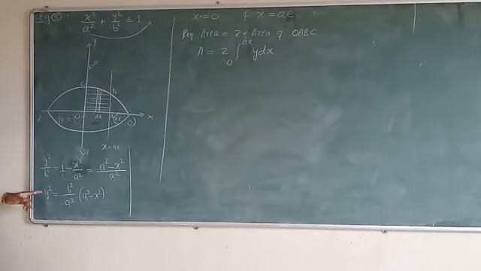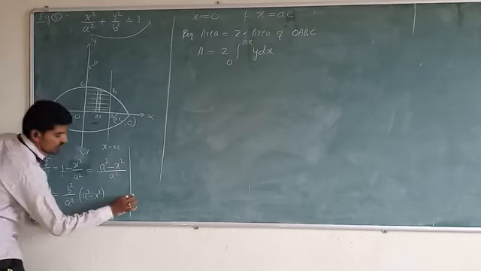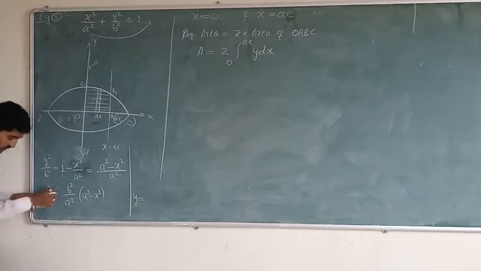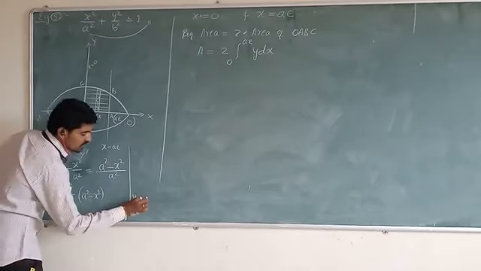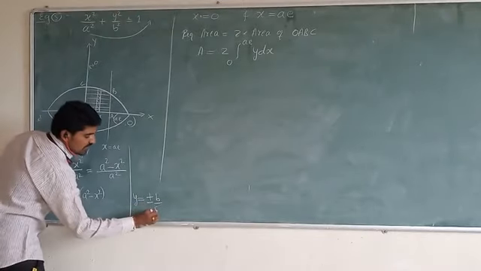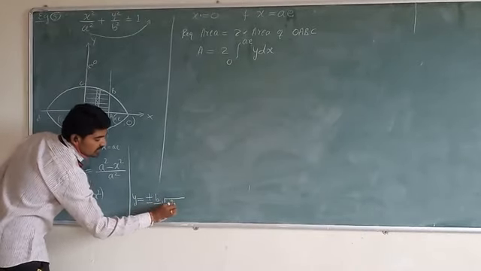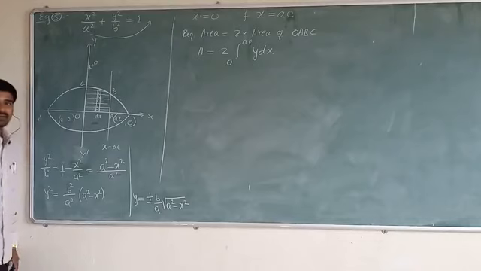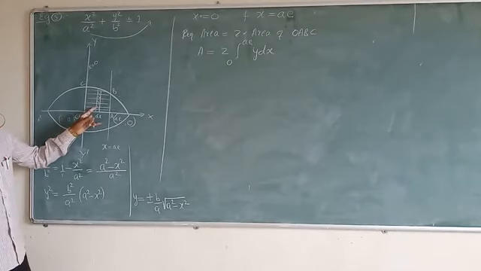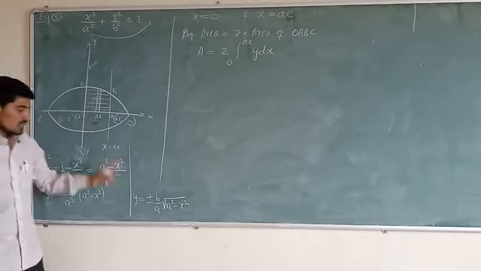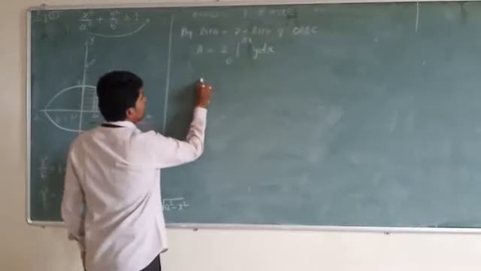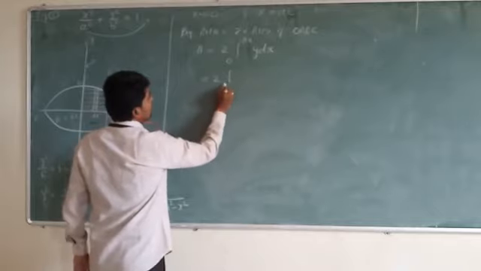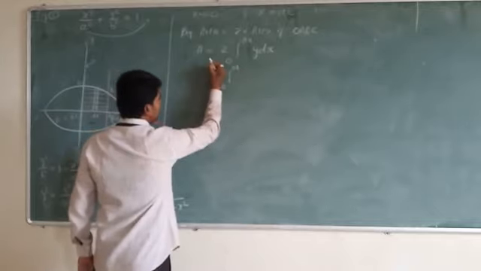But we need to find out the value of y. What is the value of y? y is equal to the square root of b square by a square into a square minus x square, which is plus or minus b by a into the square root of a square minus x square. But we are finding the area present inside the first quadrant, so we just take the positive value of y. Therefore, area A is equal to 2 times the integration from 0 to a of b by a